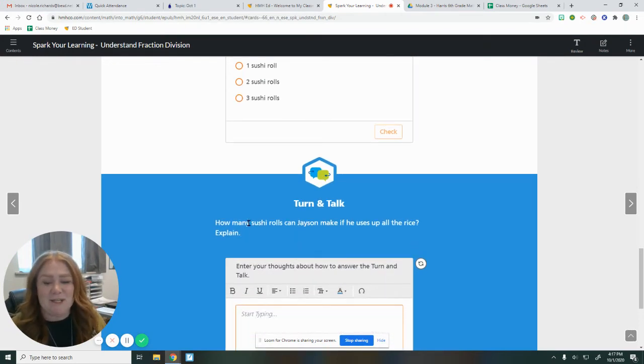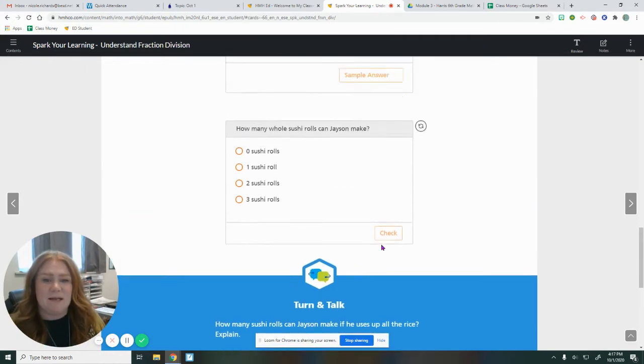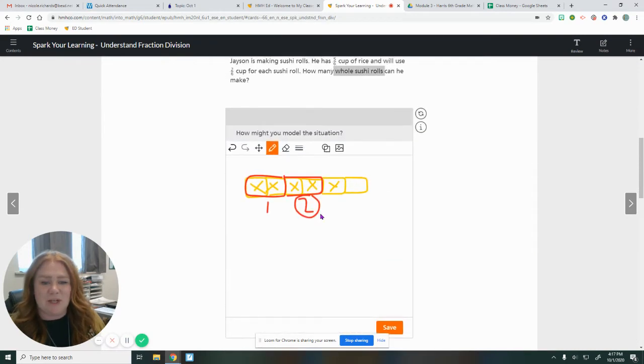And how many sushi rolls can Jason make if he uses up all of the rice he had? So I'm going to come back up here and look at this picture. So I know if he uses this, there's 1 sushi roll. Here's 2 sushi rolls. And I know he needs 2 pieces to make 1, but he has 1 out of 2, which is 2 1/2